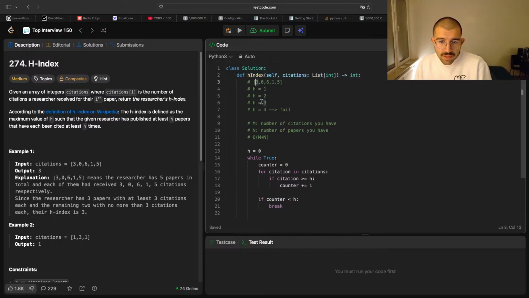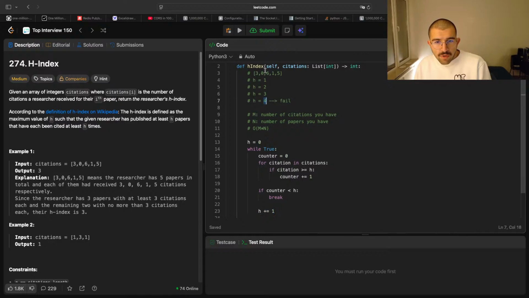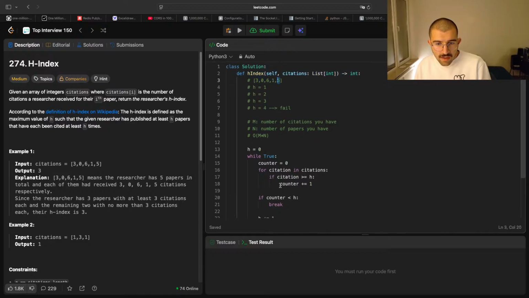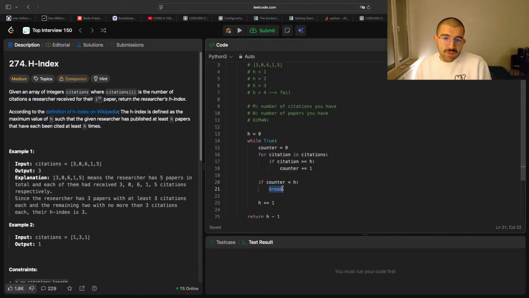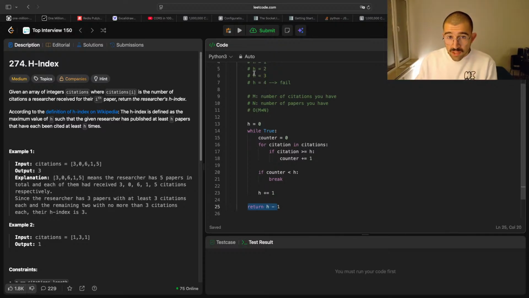This one will increase the counter, right? It's equal or bigger, right? This one will succeed, this one will succeed, and counter will be 3. If counter is smaller than h, so if 3 is smaller than 3, no, then it will go on and increase the h. Later on, h will be 4, and this one and this one will succeed there. They increase the counter. Counter is 4. Counter is 2, h is 4. Yeah, it will enter here and it will break. Then you'll just return the -1 because this was the one that actually